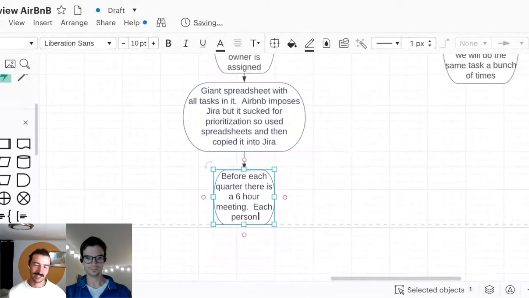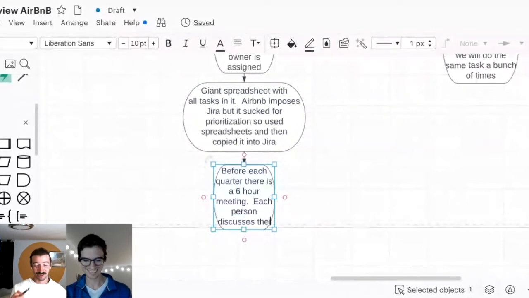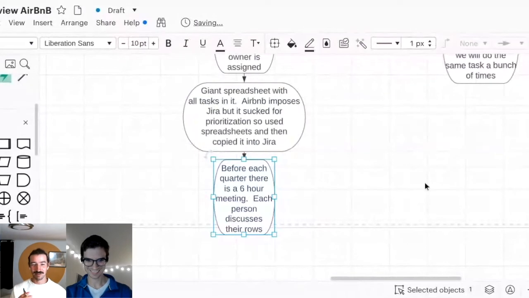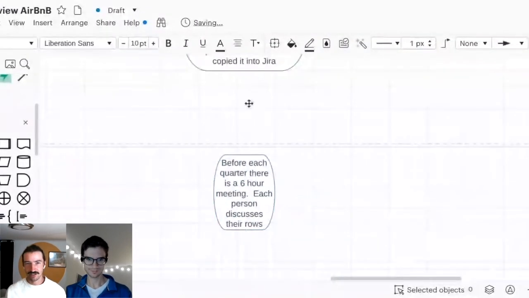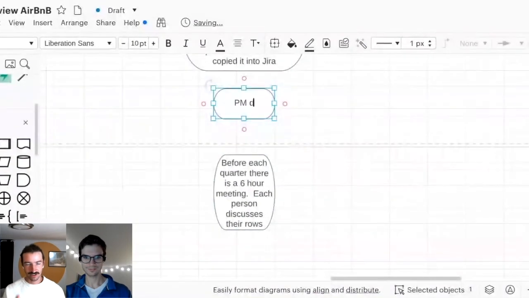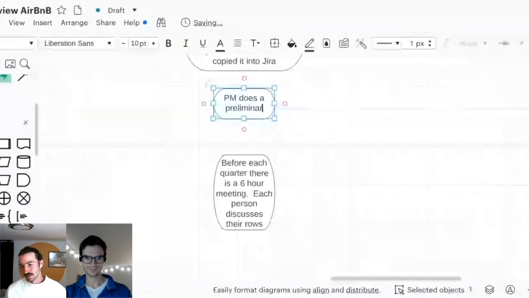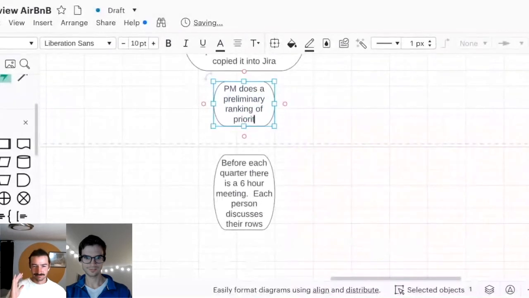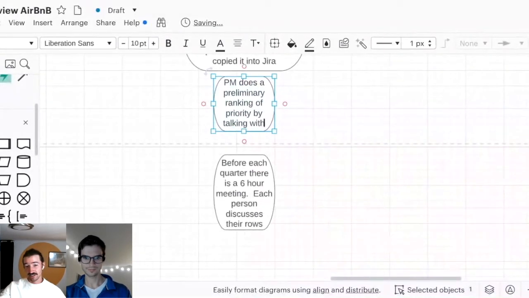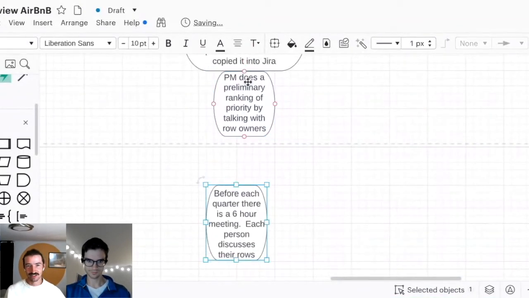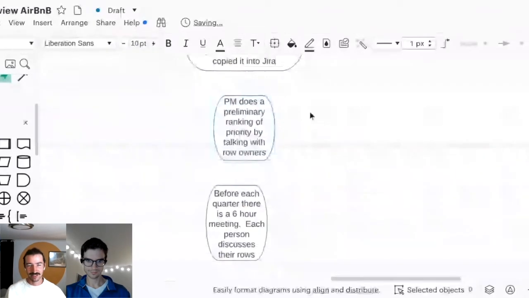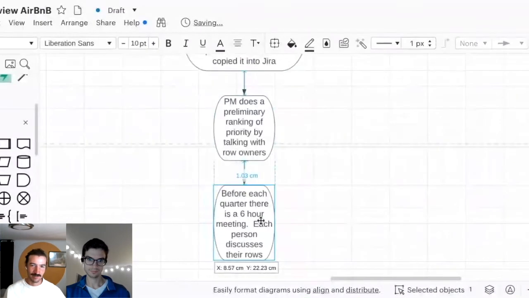Actually, I skipped a step. There are a lot of steps. The PM will go through all the rows and rank them in relative priority, and they do that by talking to the person assigned, but this is before the meeting. So you might have, number one priority is this thing that the CEO told us we need to do. And maybe the number two priority is, we think there's a huge opportunity, we can make $50 million more every month if we do this. And then, et cetera.